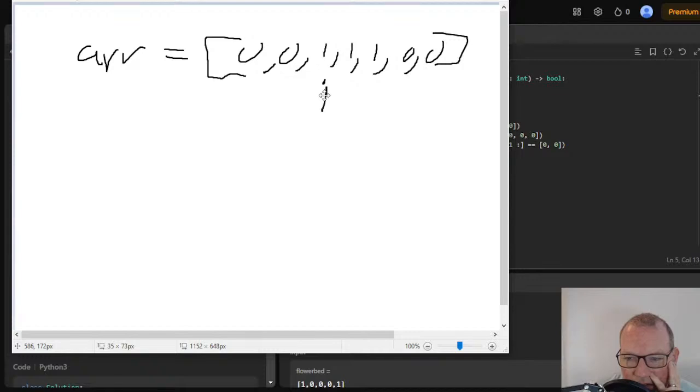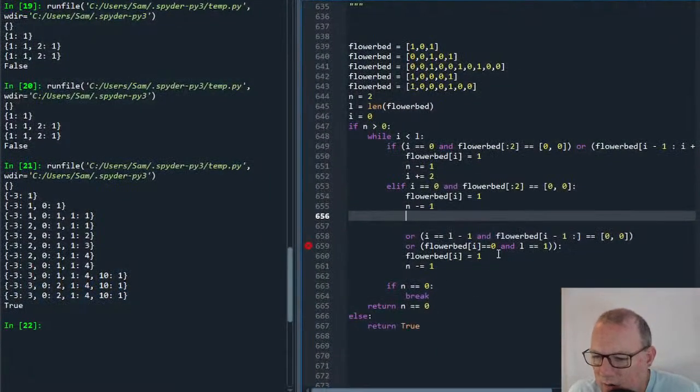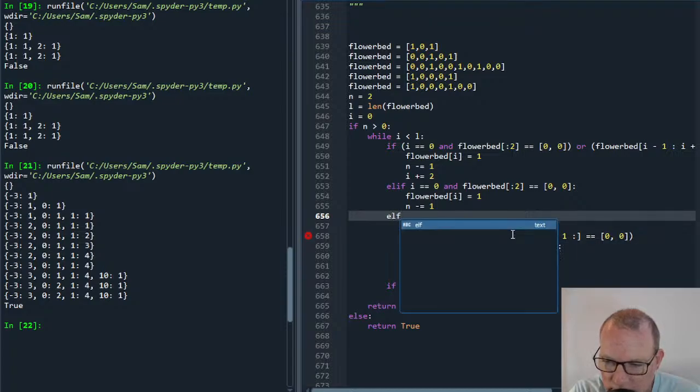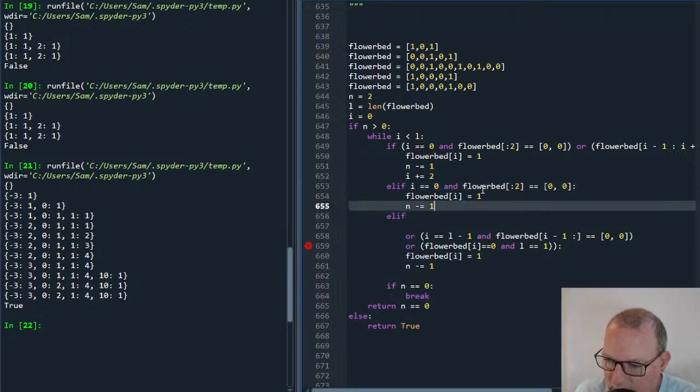And if this and this, aha, there we go. So if this index and this index are both 1s, we jump 3. All right, check this out. Let's see. So now, all right, elif, I can't remember what this one does. So if I is 0 and flower bed,